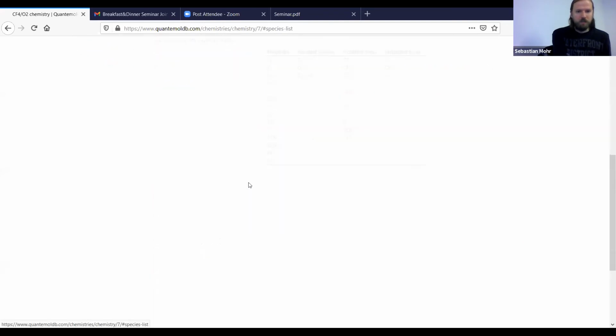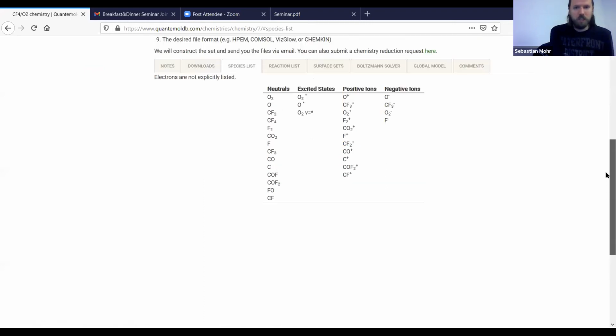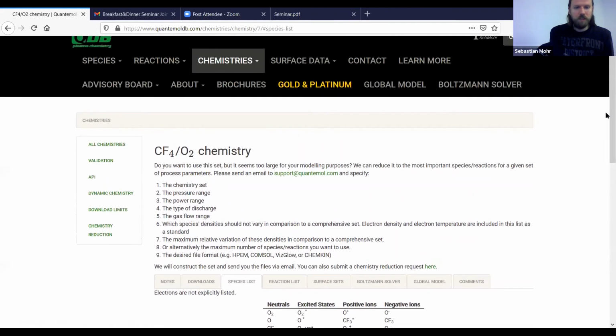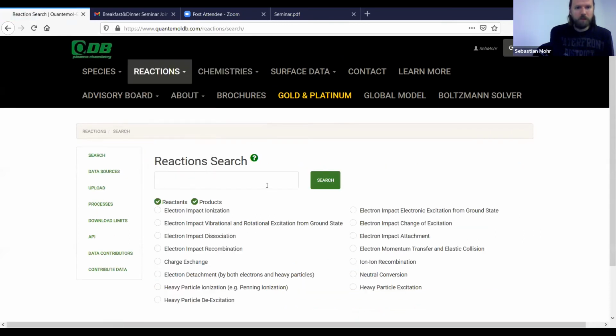As I said, these pre-assembled sets are usually optimized for specific conditions. For example, you see in the CF4/O2 set we have the CF species, O species and COF species, but what is lacking is larger fluorocarbons, which can actually form at higher pressures. So you might want to set up your own chemistry set using our database. One thing you can do for starters is use our reaction search to look for reactions for a specific particle. If we go with our step-by-step approach, we'll start with CF4, and maybe only look first at